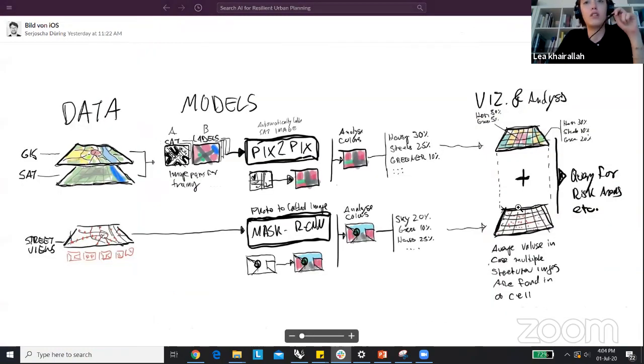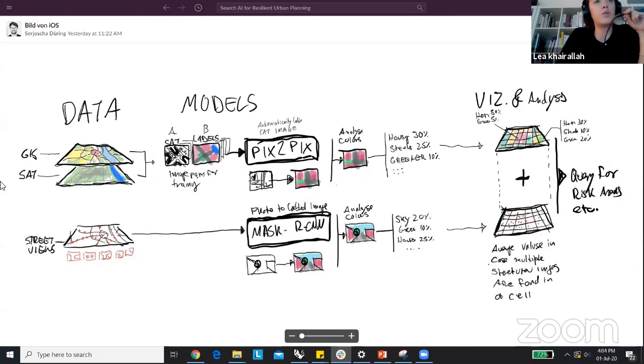Okay, so the problem we are tackling is to find locations in Vienna where we can tackle the microclimate. This is done by locating where we have the highest density, the lowest greenery areas, and where we have less sky view factor.